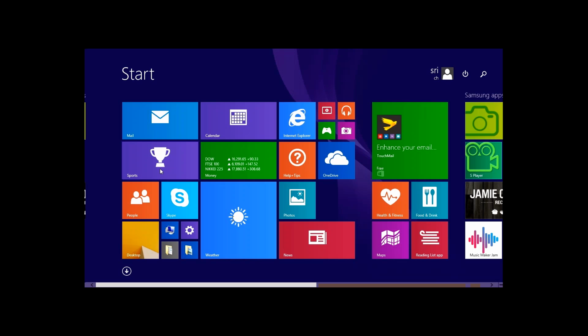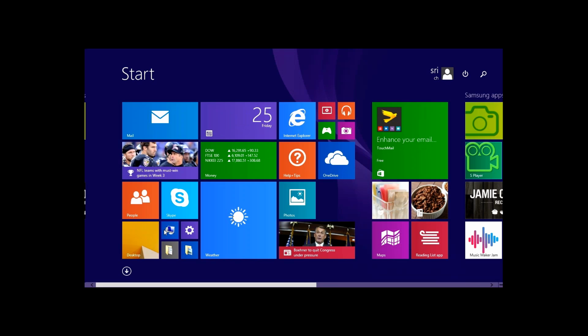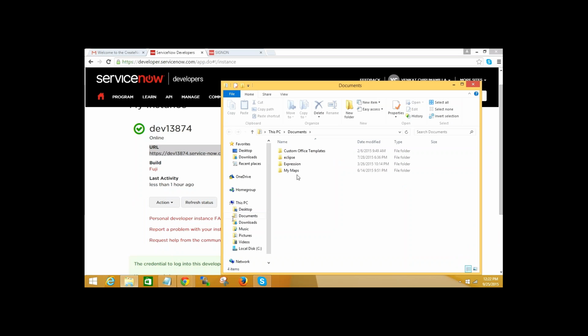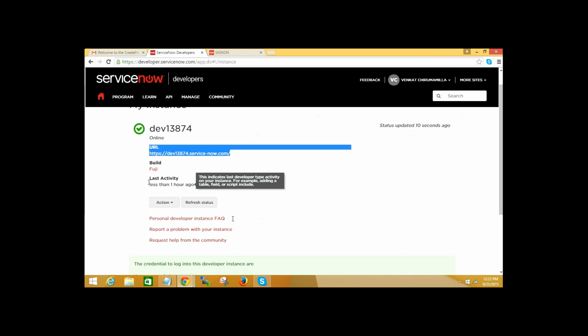Maybe save it in Notepad. Copy the username and password as well.